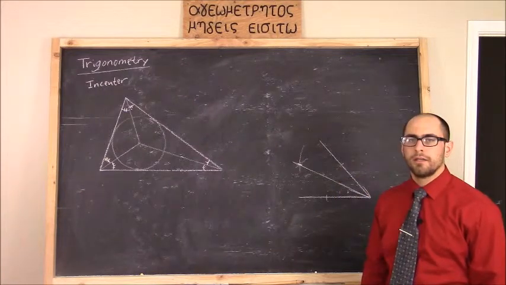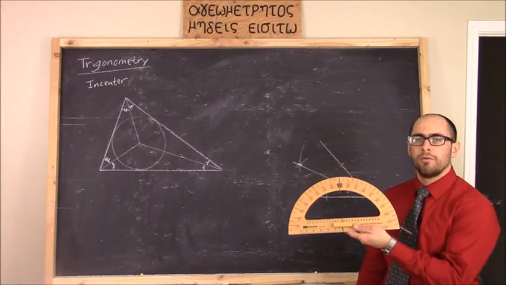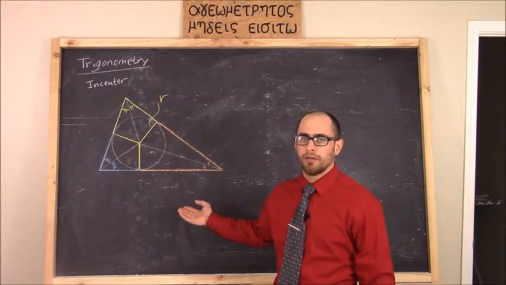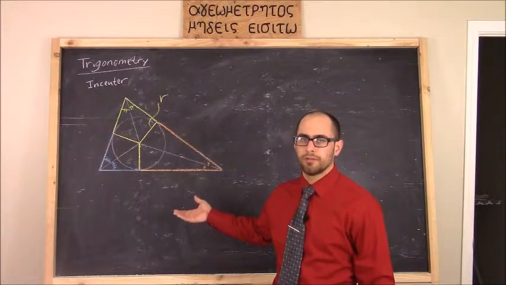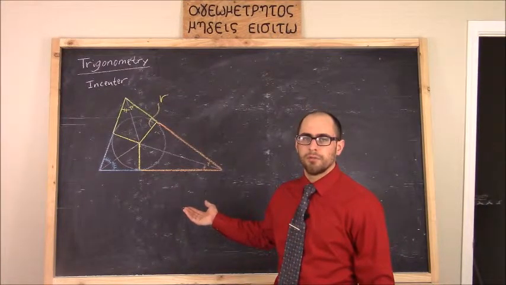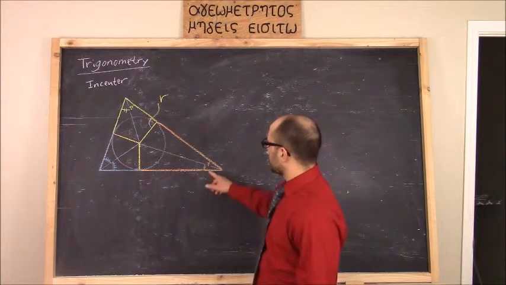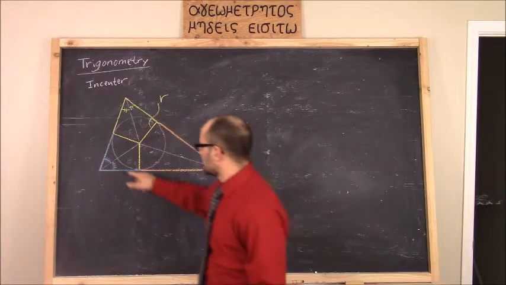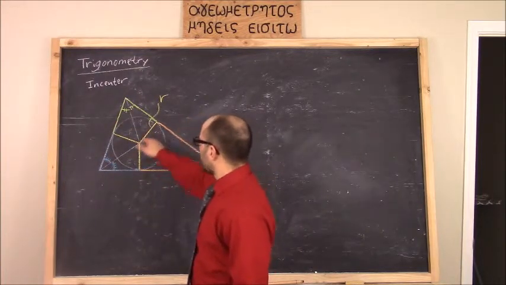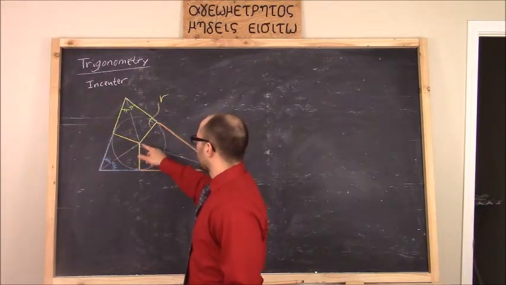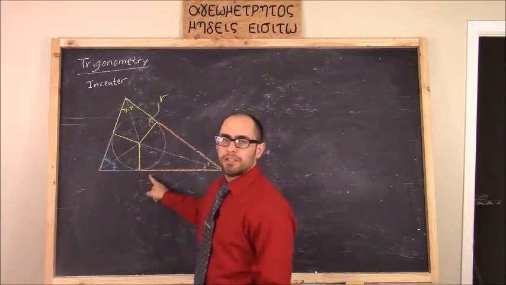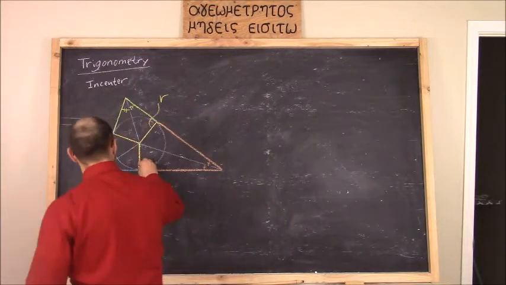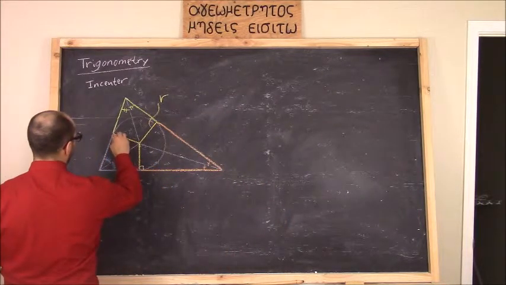More practically, angle bisection can be performed with a simple protractor. Notice my modification to our previous drawing with color coordination to help you visualize. Take a look at this and give yourself a moment to digest it all. We've already established that the two orange angles are equal to each other, likewise the blue and the green. The yellow line represents the radius of the incircle. Because it is tangent to the triangle side at each intersection, that makes this a right angle, here and here